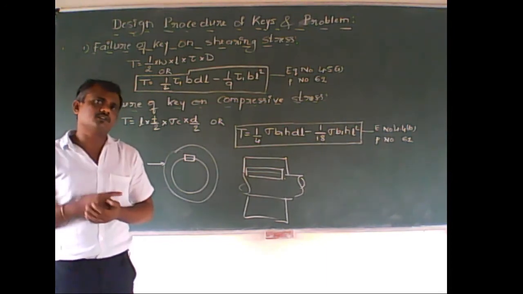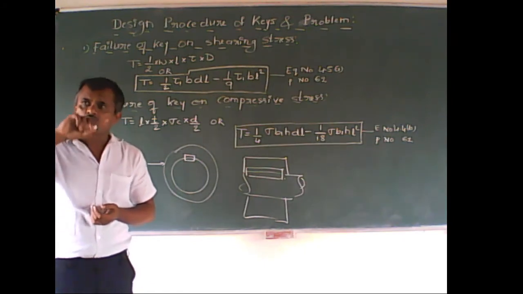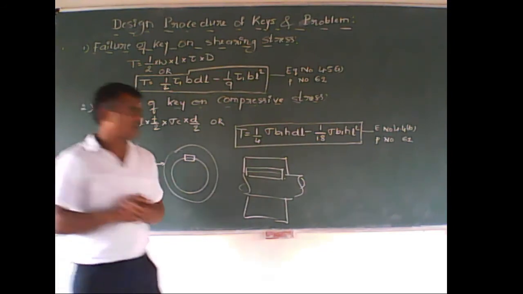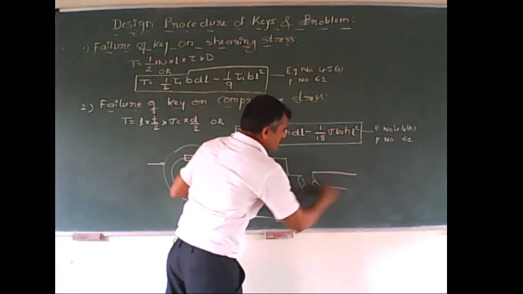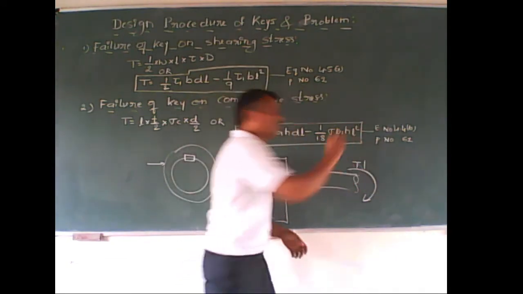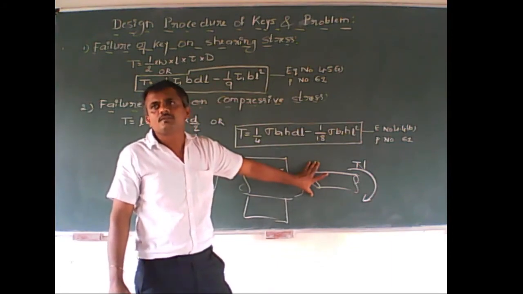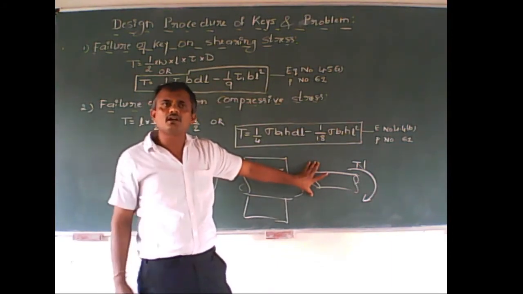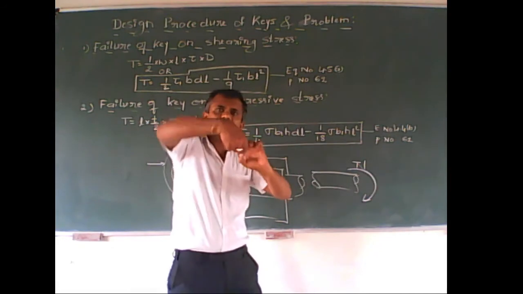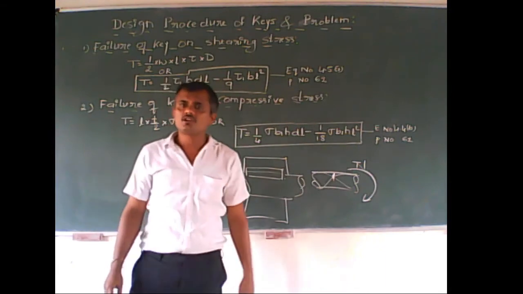As I told you earlier in the design of shafts, whenever there is a rotary movement of a body, definitely that body may be under shear. Suppose you take the example of a shaft, rotating with a certain torque or N in RPM. Then what will happen? Some part of the shaft which is held between the coupling or bearing, if it is rigid and it is rotating, then some twisting may take place, and here the shearing of the shaft is taking place.